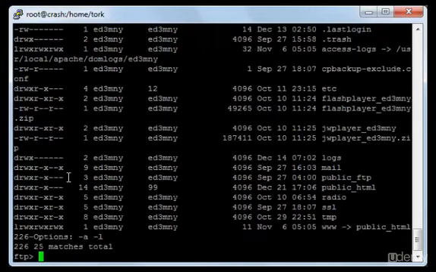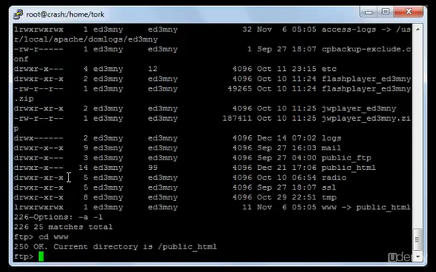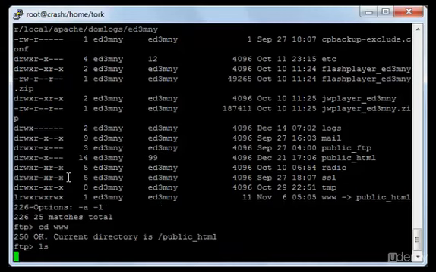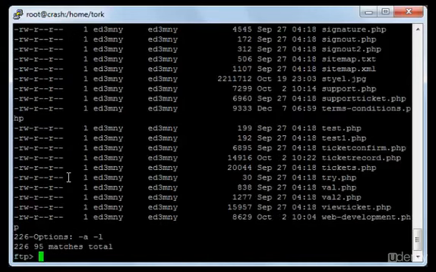Now I'll type ls to list the files. I have listed all of the files. I will go to the directory that has the name www by cd and enter. Now I'm in the directory. I'll type ls to list the files. Now, as you can see here, a list of all of the files that are in the directory www in the website